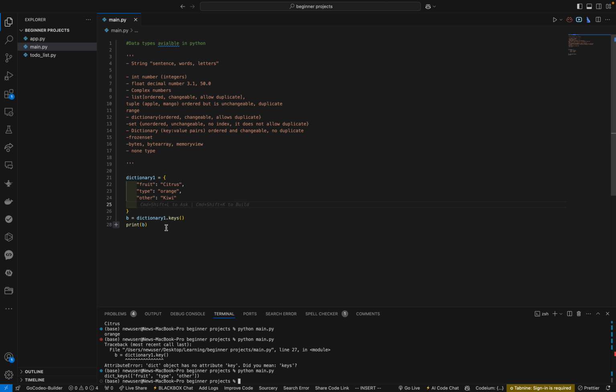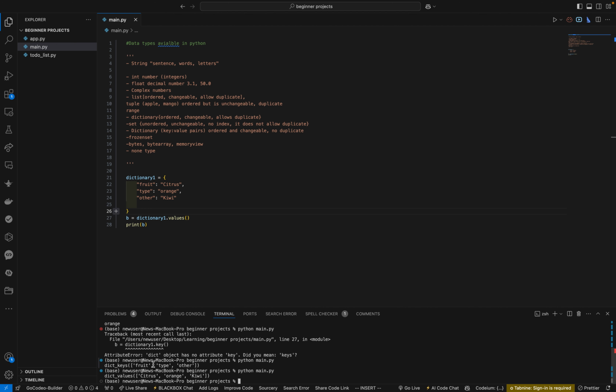Python. You can also, if we want to access all the values, use the values method. So we can just change this to values. Then we can get all of these values, if that is what you want. If you run this, you see that it gives us all the values. So now it gives us the dictionary values, which are the citrus, orange, kiwi. All right, so that is how we can access